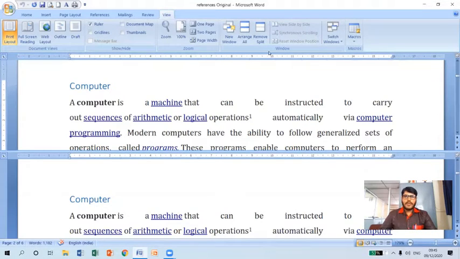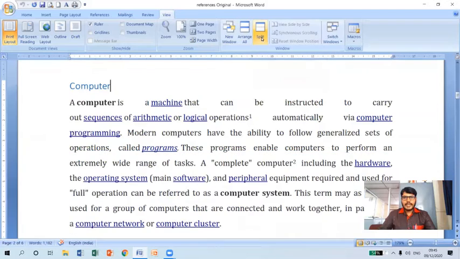So this is how we can use a split option here, so that it can view our document in different sections. And similarly, we can remove the split here by using the remove split option here. If I click once again, it will remove the different sections. So this is how we can split a window here.